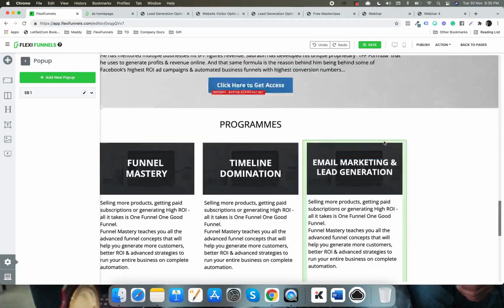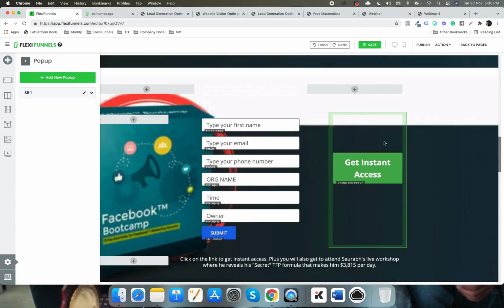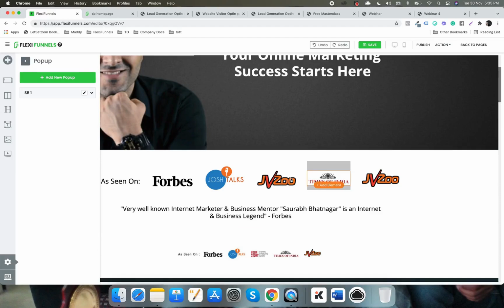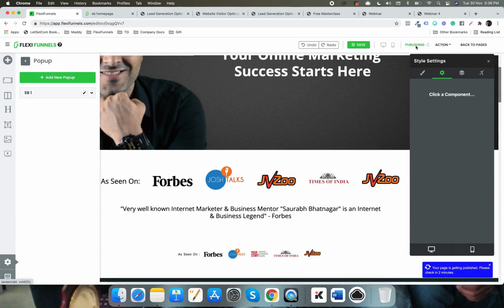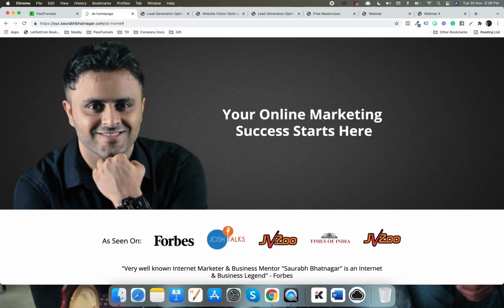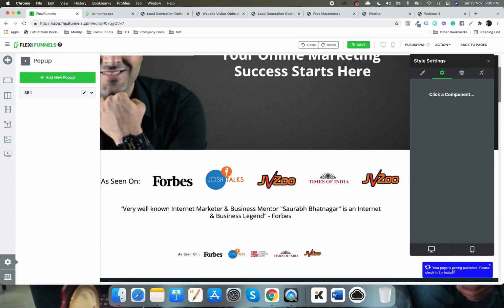At the same time, what you can also do is you can enable the pop-up as per an image. So for example, let's make this image clickable. Alright, so you can even do things like that. So scroll to section, open URL, open pop-up. So select a pop-up, SB1, right? So on the JVZoo image, now we have added the pop-up, right? So let's have a look. So this one, okay, this one. Let's wait for the page to get published, and then we are gonna see the pop-up on the click of